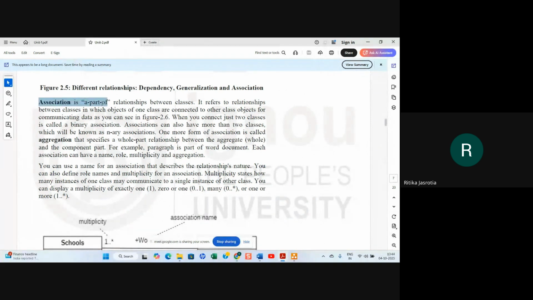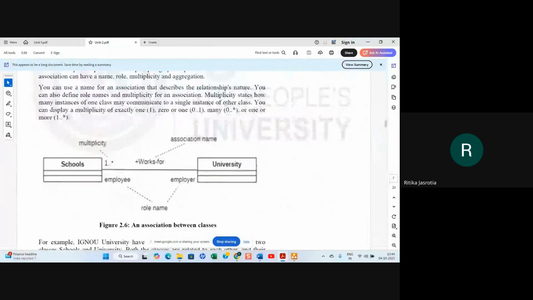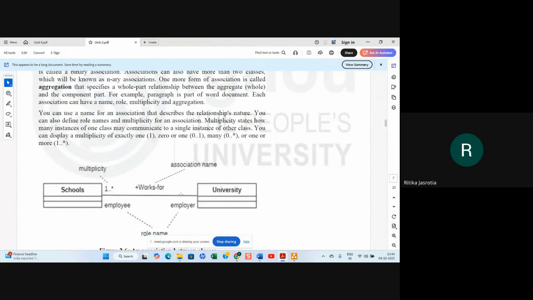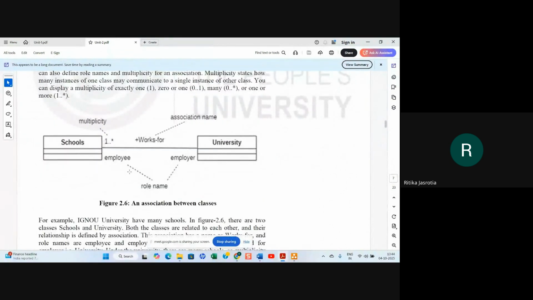Now, association is a part of relationship. So school works for the university. So association name is works for. A single line will be simple association. Then you can give the multiplicity: one or many schools work for one university, right? These are the role names. Schools are employee and employer is university.